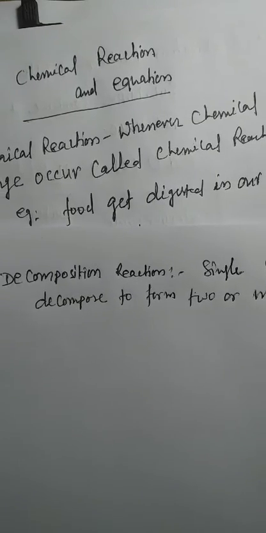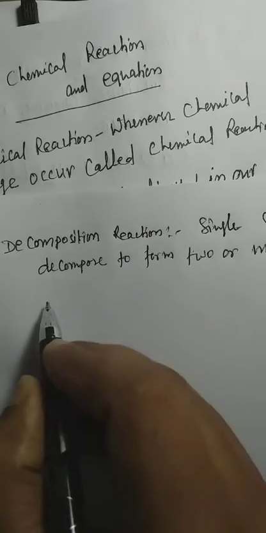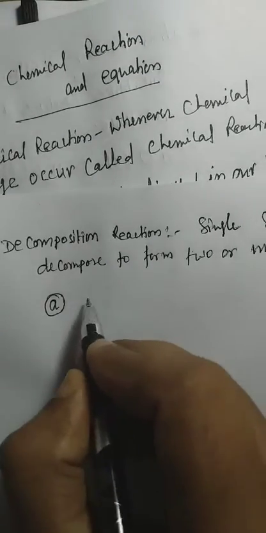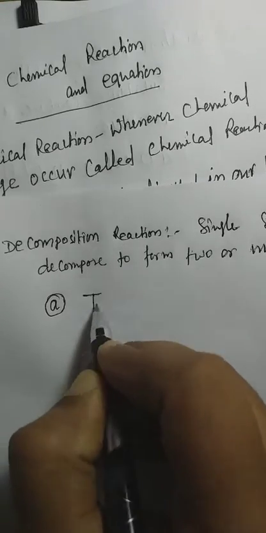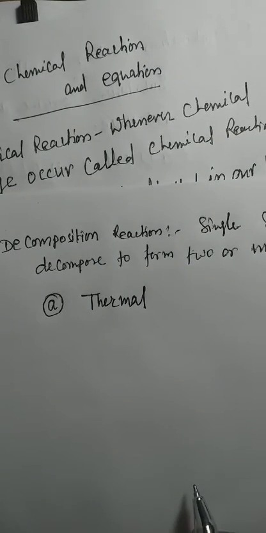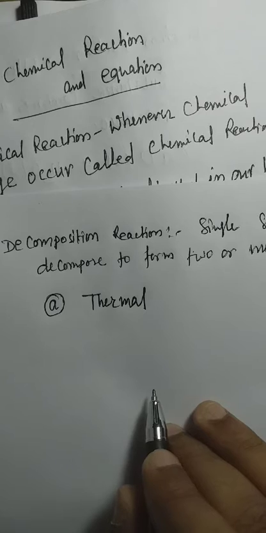When a big unit is decomposed and converted into smaller units, it is called a decomposition reaction. There are different types of decomposition reactions, especially three types. One is thermal decomposition reaction. We may say just thermal, it's okay, because something is decomposed